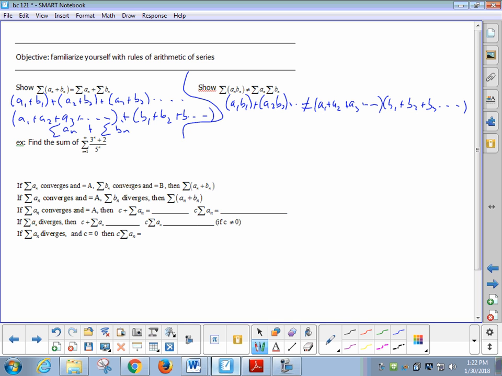Now, if you were to distribute this, wouldn't it be A1 B1 but then plus A1 B2 plus A1 B3 and so on? And that is just not what's going on over here. Over here is strictly just A1 B1 only, A2 B2 only, and that just is not equivalent. Say one of them being 0. You with me? Okay.